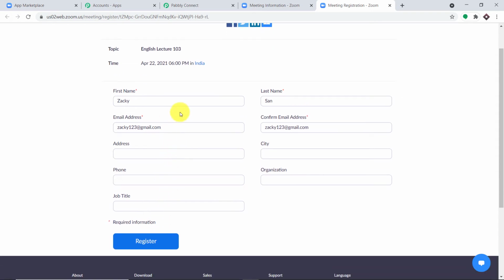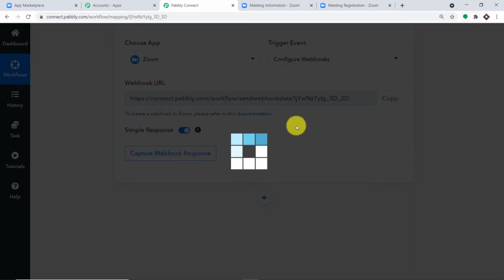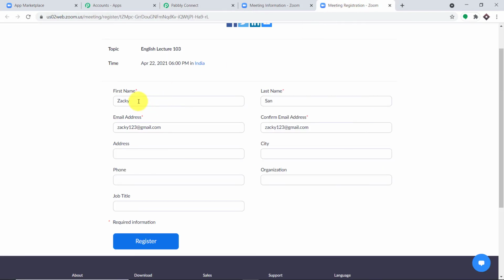Now basically the gist is we have integrated this particular form with Pabbly Connect. This means whenever a new registrant is created in this particular form, Pabbly Connect has to capture the data. So as to ensure that Pabbly Connect captures this data, let me click on this button, capture webhook response. Okay, it is showing it is waiting for the data. So what I'm going to do here is make some